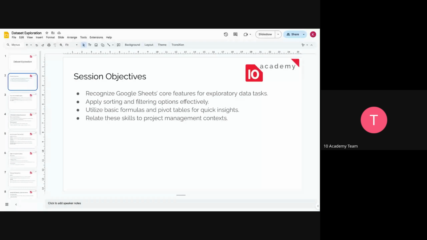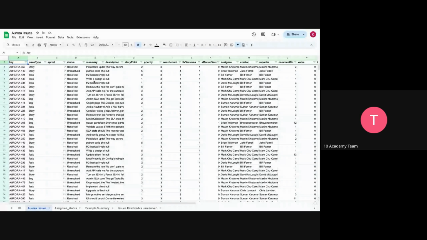And we're going to have a side-by-side demo. For the demo, we're going to be using the Aurora issue dataset. Let me give a short introduction to what it is. The Aurora issue dataset is data of a company for a project manager that they are going to be using in order to track the issues that are being done by the employees. Here we have the key, which is used to identify the issue or the story